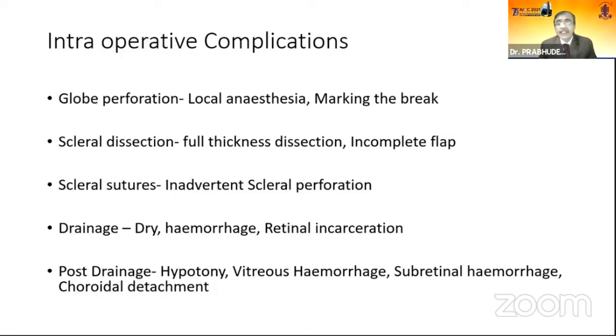If the incarceration occurs in your buckle dissection itself, you can always get it covered with the buckle itself. If it occurs in other sites, you will probably have to support it with a fresh buckle. Post drainage, there can also be hypotony, vitreous hemorrhage, and subretinal hemorrhage. You have to take care of that as soon as you do the surgery. Now, in one of the talks, we will be discussing shifting from buckle to vitrectomy. One of the indications: if the hemorrhage is very severe, you may have to resort to doing a vitrectomy